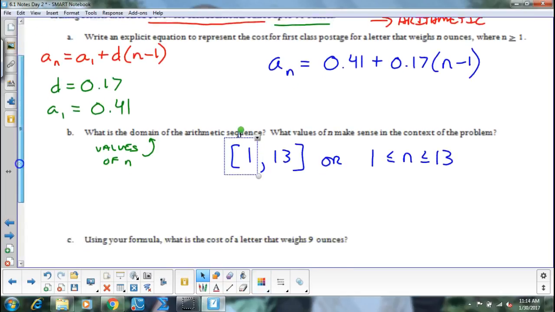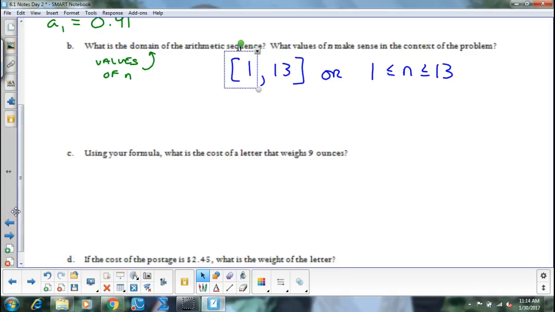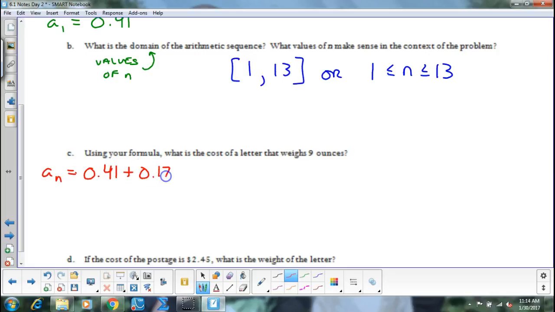Part C said, using the formula, what is the cost of a letter that weighs 9 ounces? Well, our formula was A sub n equals 0.41 plus 0.17 times n minus 1. What am I going to substitute in now? 9 for n. So I'm going to be looking for now A sub 9